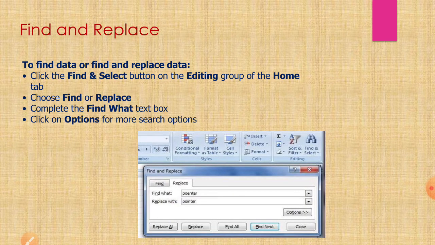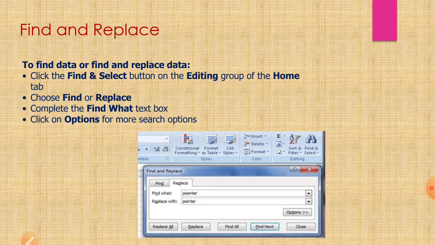Next is find and replace. The find and replace option is very popular in Excel. If you want to find any particular word or letter, you can use the find option, or if you want to replace this word or letter with another, then you have to use the find and replace option.